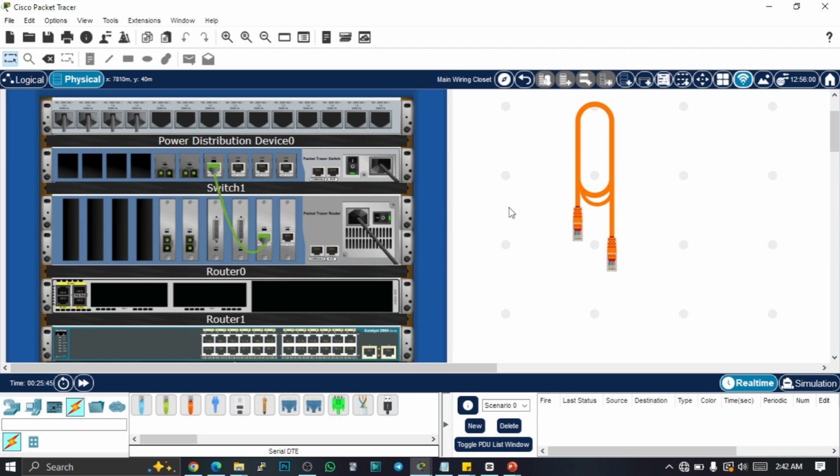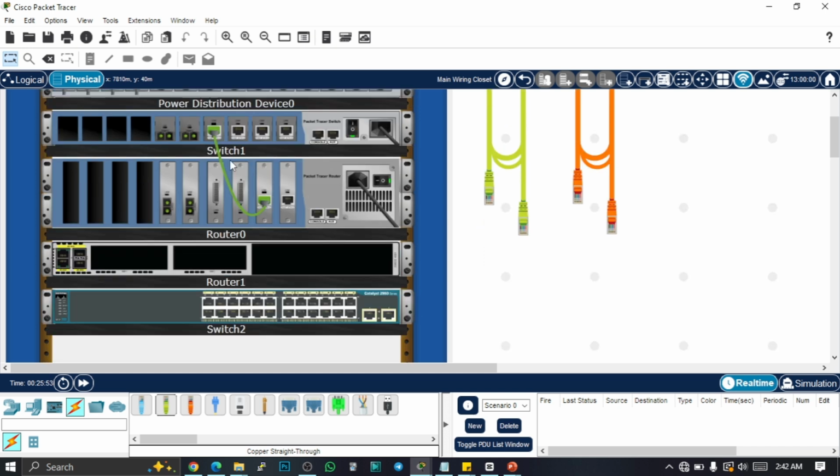If you need more cables, like maybe more straight through, you can add them to your pegboard. All right, so I want to connect this particular switch and this router here. So I'm going to use a straight through, maybe from this port to this port. All right, so this is how the physical mode of